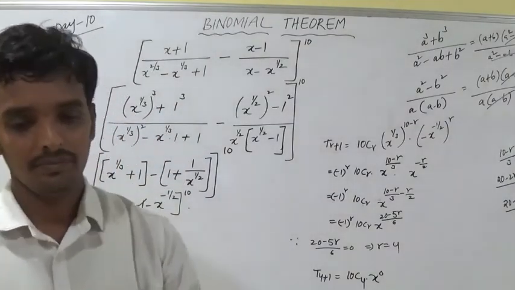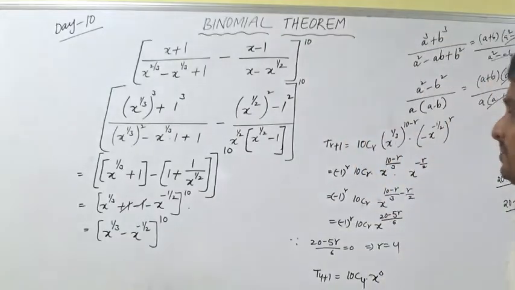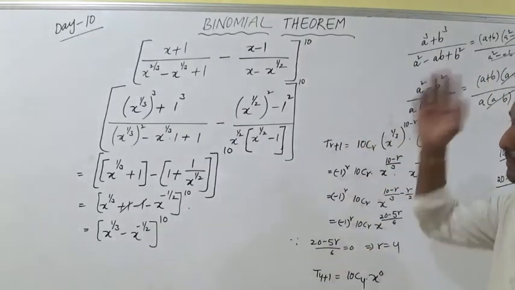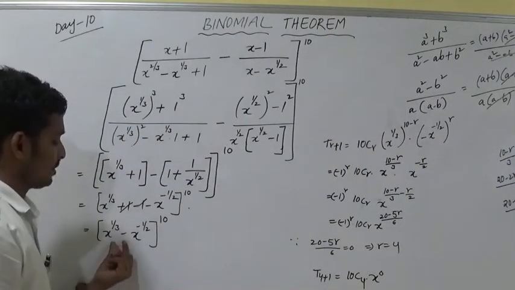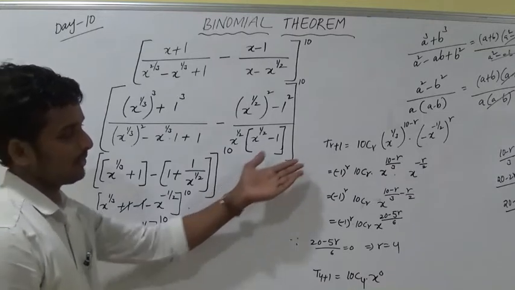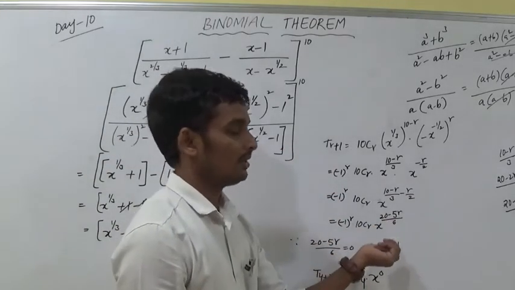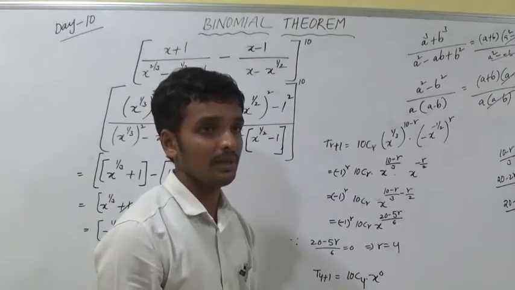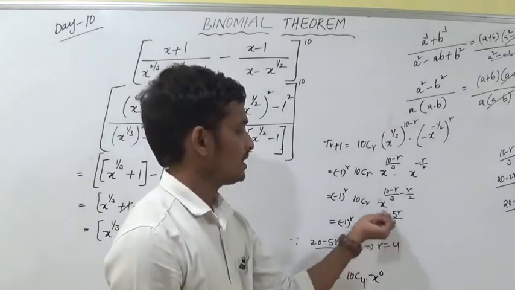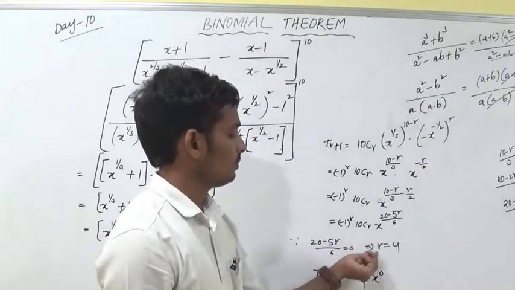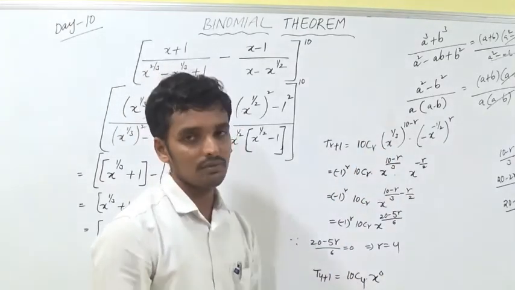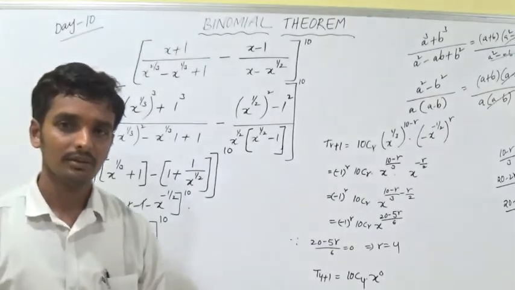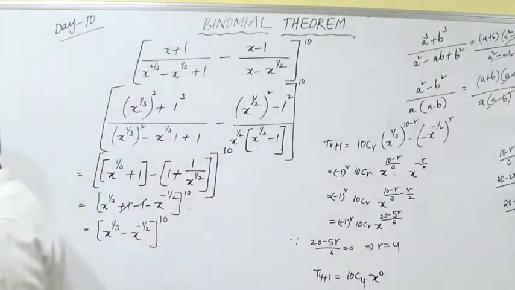Have you observed? Did you understand? So the main steps are here. If you get the binomial expansion like this, x to the power of 1 by 3 minus x to the power of minus 1 by 2 for 10, we find the r plus 1 term. The power of x becomes 0, because they are asking for the independent term of x. We equate it to 0 and get r value 4. Substituting r is equal to 4 in the equation, we get 10c4. 10c4 is our answer. Are you okay? Move on to the next one.